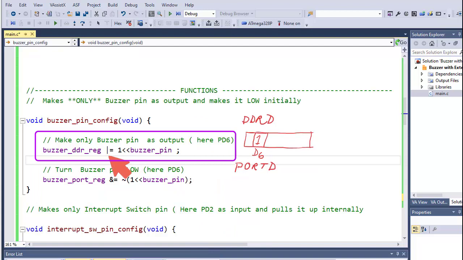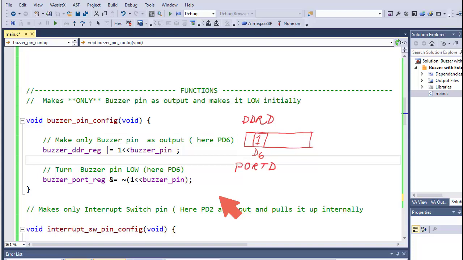So by using this instruction, pin number 6 of DDRD is set as logic 1 to set the buzzer pin as output. Now the initial value of the buzzer I set as logic 0 to keep the buzzer in off condition. So for this case we need to set port D register pin number 6 as logic 0.